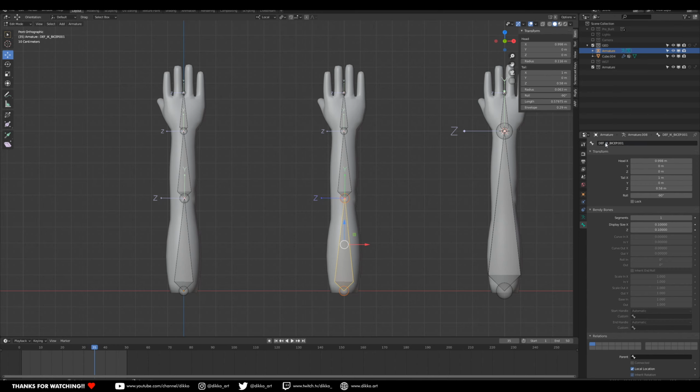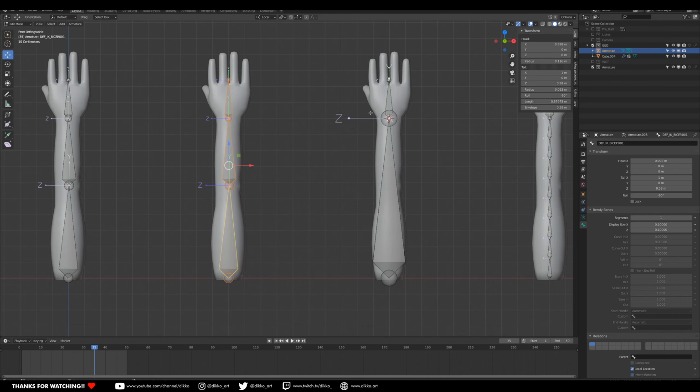Okay. So, cool, so now I know that this one's for the FK deformation, this one's for the IK deformation, and this one's a little bit different because I'm going to call it BB for bendy bone. So def BB hand and def BB